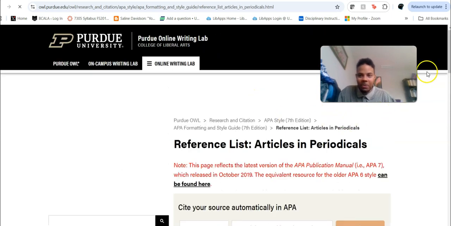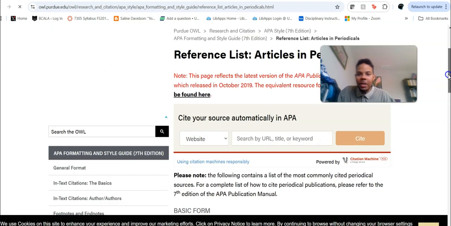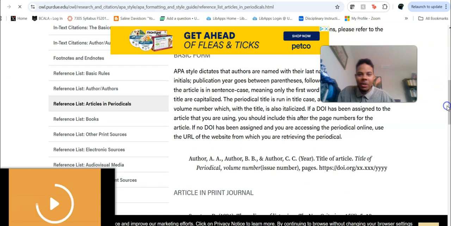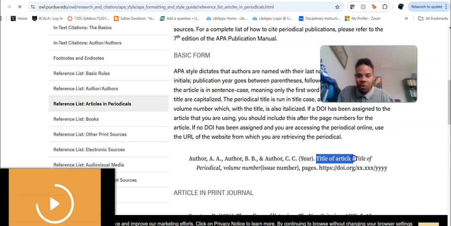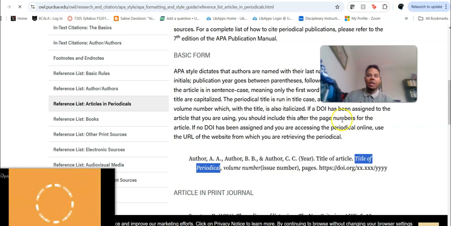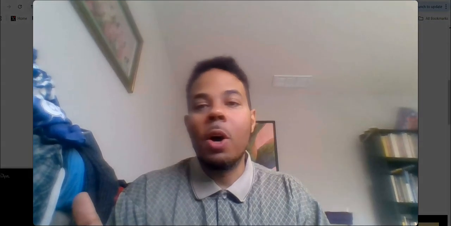really funky and confusing. You only do that type of casing with the article title, but not with the periodical title. So again, let me explain when we talk about this. First of all, let me make sure you all know a periodical is a publication that comes out periodically. So something like a magazine, a journal, or a newspaper, things that have volume and issue numbers and that sort of thing, and they come out on a periodic